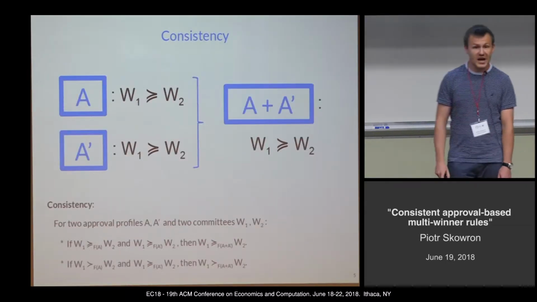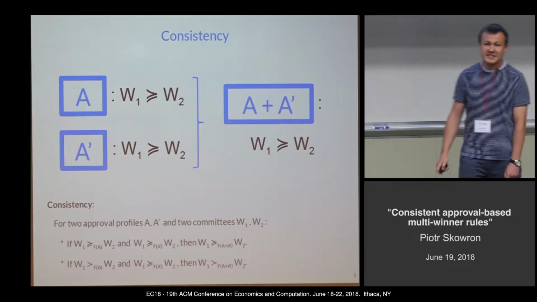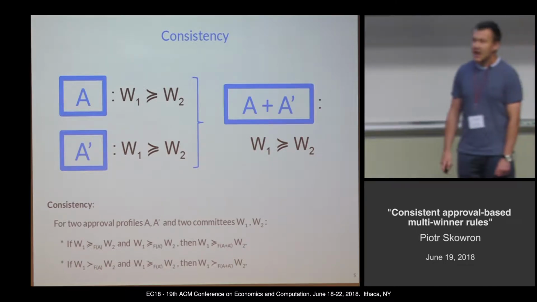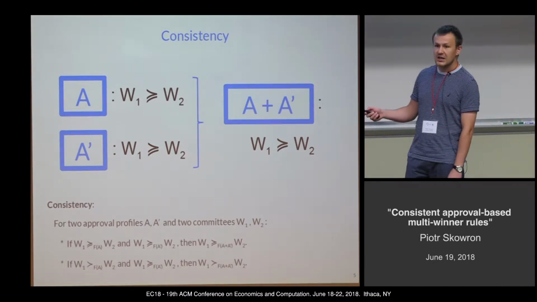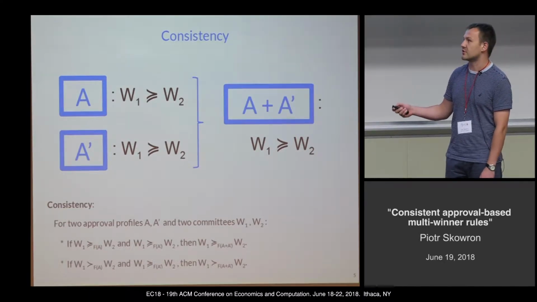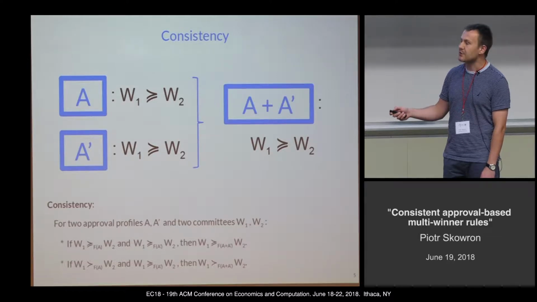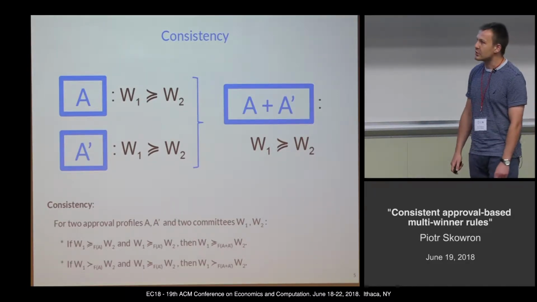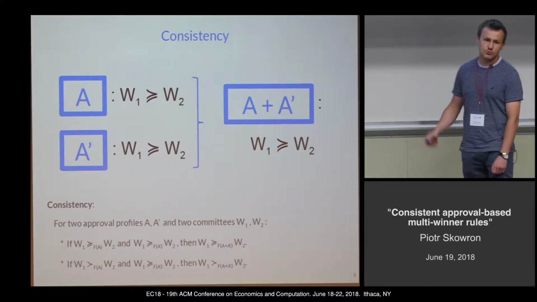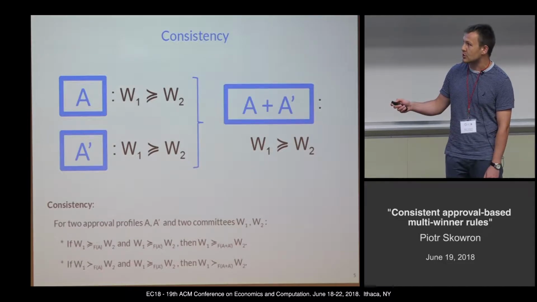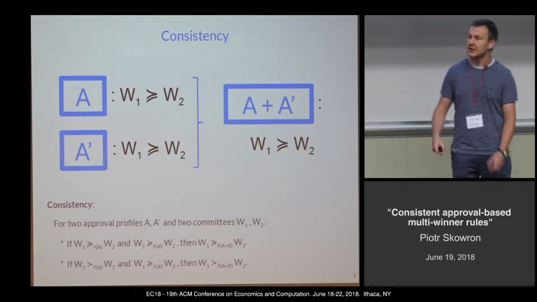And we use for this the axiom of consistency. Consistency says that if we have two disjoint populations of voters, A and A prime, and if population A believes that committee W1 is weakly preferred over W2, and population A prime has the same preferences, then if we combine these two populations, in the combined population W1 should also be weakly preferred to W2. And technically, this axiom also says that if we replace one of these inequalities by a strict inequality, then also in the combined population we should have